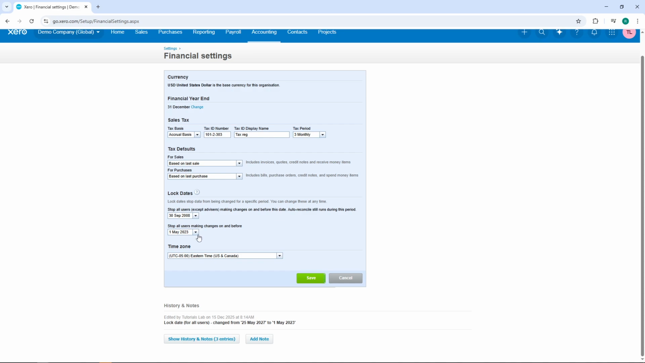Take your time to decide on the appropriate dates for both fields based on your reporting periods and accounting needs. Once you've entered your chosen dates in both lock date fields and you're satisfied with your selections, click on Save. This action will implement your lock dates immediately, protecting your financial records from unwanted modifications. And there you have it, you've successfully set up lock dates in Xero to close your accounting